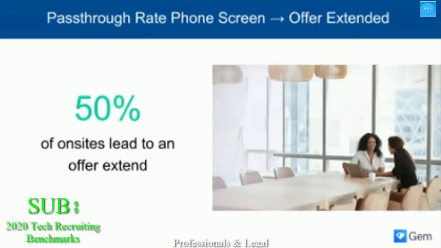We also found that on average, 50% of onsites lead to an offer extend. If you're off in any direction here, here are a few ideas. If you're seeing lower numbers, as with phone screens, determine if interviewers are being too rigorous or too generous in their evaluations. Maybe recruiters and hiring managers aren't aligned on hiring criteria, or there's poor communication between them. Calibrating on ideal responses for each interview question is critical for ensuring that all interviewers are aligned. Another thing to look at is mapping the reasons for rejections at this stage.